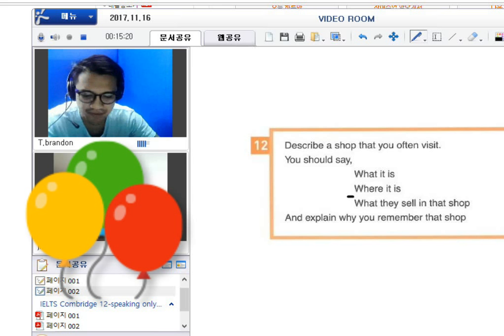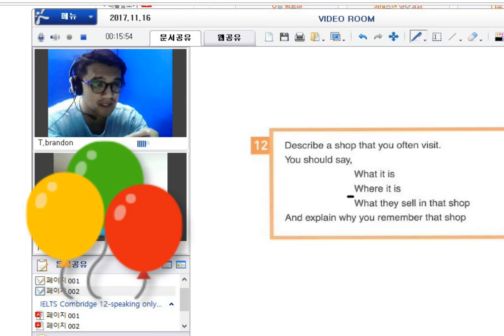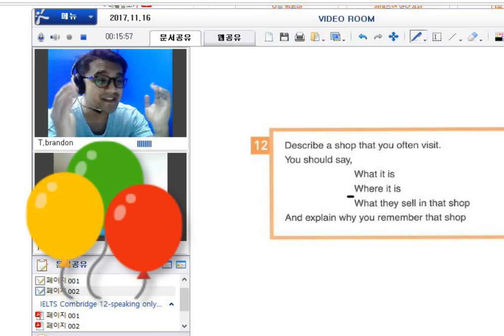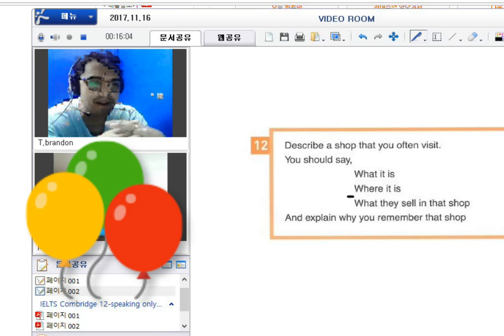Don't worry about time. You can actually talk even if your time is finished. What I mean is that even if your answers are not complete, it's okay if the examiner interrupted you and told you that there's no much time available. In my case, when I took my IELTS test, I was not able to answer everything. I was not able to complete everything. You know, 2 minutes is not enough for me. So I was interrupted by my examiner, but